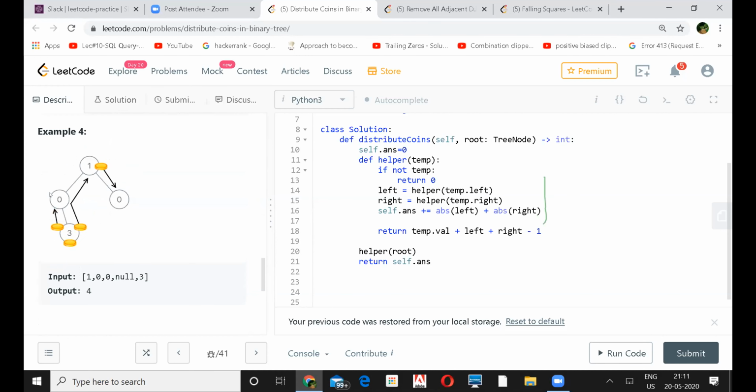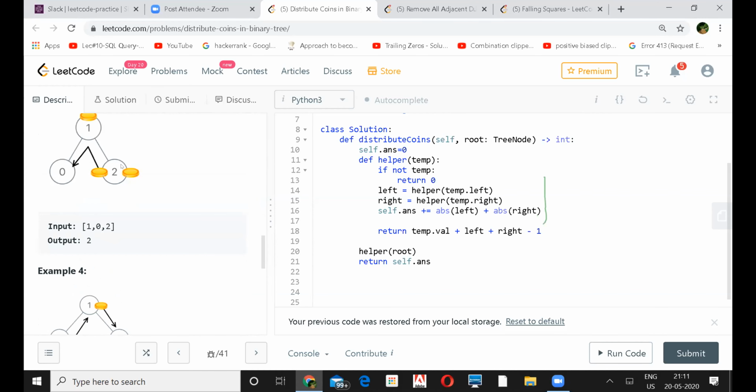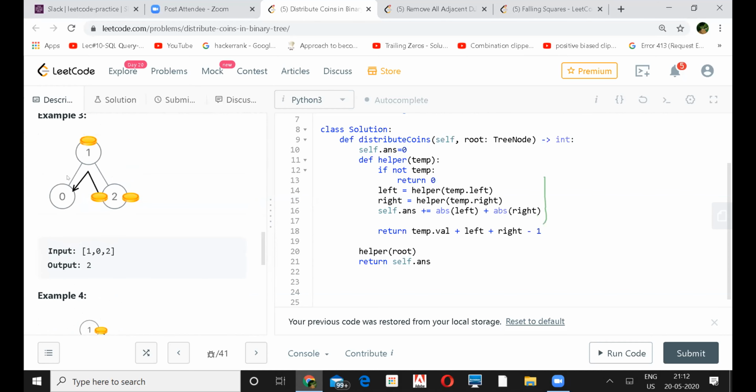Sorry, the third one is correct. I'll go to the extreme left, and it will keep 1 coin and return -1 to the root. And from there it will keep 1 coin for itself and pass the remaining to this 2.